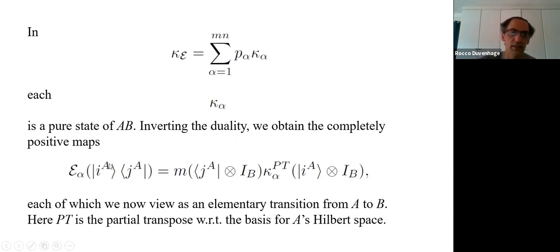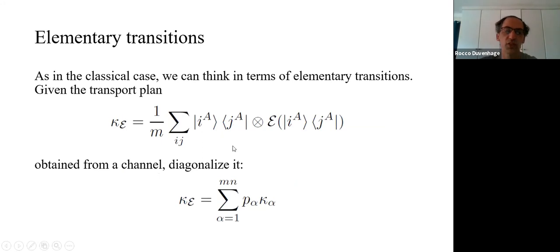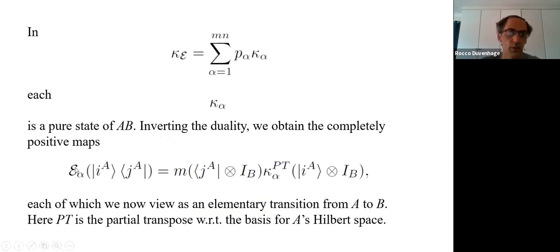And by inverting the duality, I can in fact express it as a map. So this formula here essentially just inverts this duality to express the maps in terms of states or vice versa. So you get a set of completely positive maps. They're not channels in general,